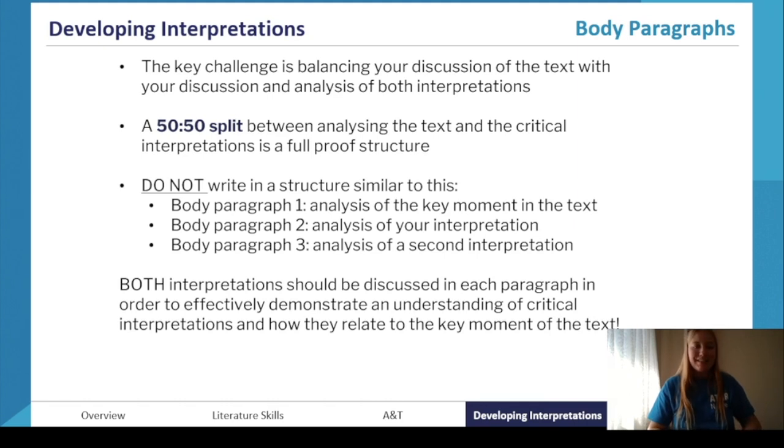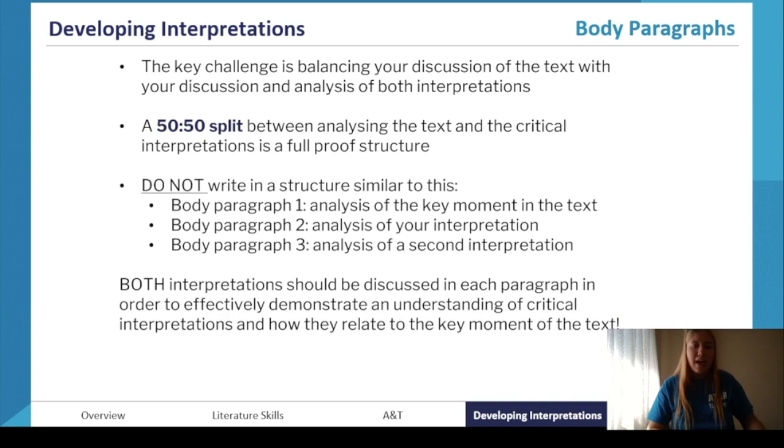Why is this bad? Essentially, all your body paragraphs, first of all, should center around the idea of interpretations. Having analysis of the key moments in the text as a body paragraph makes no sense. Then, if you are analyzing just your interpretation, it doesn't make sense to bring in evidence that you've already discussed in your body paragraph 1. Also, this is supposed to be